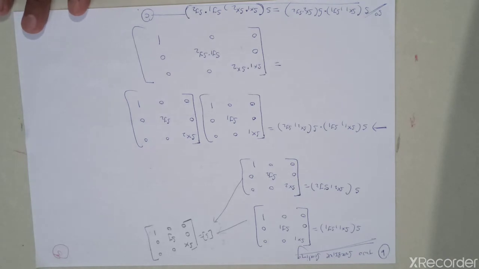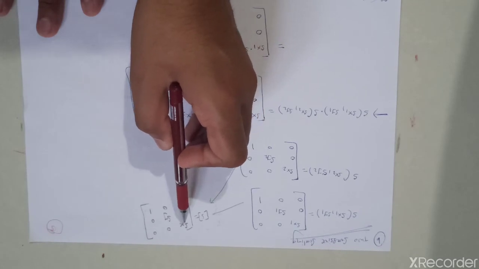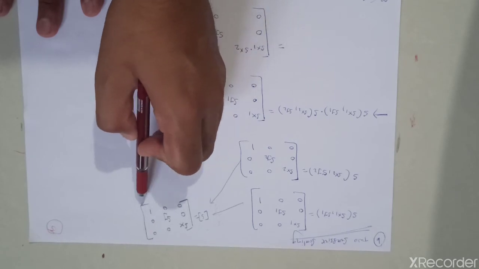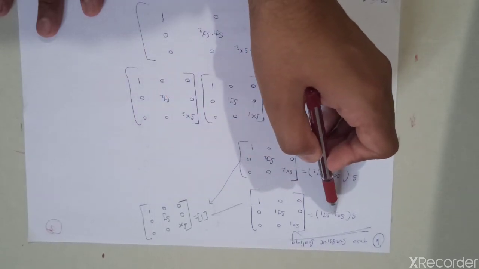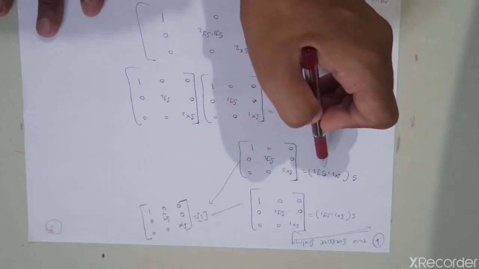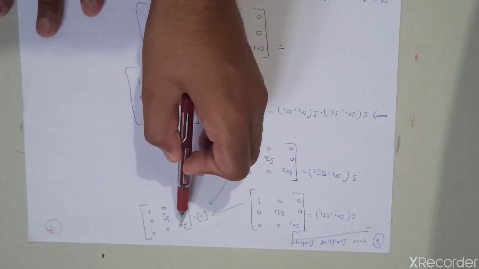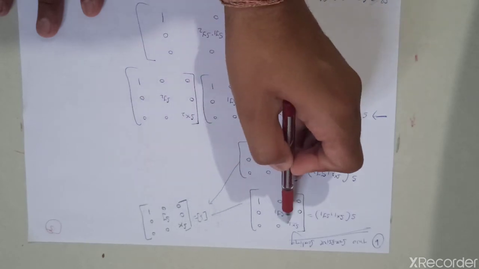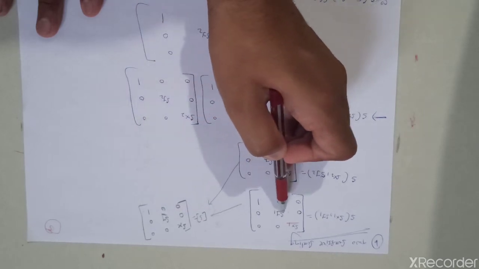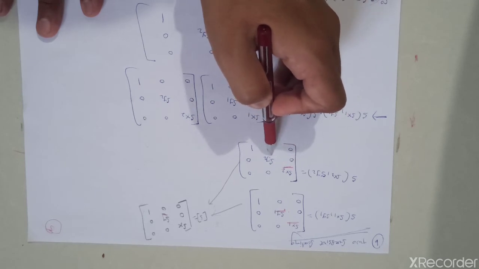Next we discuss two successive scalings. First of all, we know that the basic scaling formula is sx 0 0; 0 sy 0; 0 0 1. So S(sx1, sy1) is obtained by this equation and S(sx2, sy2) is given by this equation. Here sx means the scaling factor in the x direction, so we take sx1, and the scaling factor in the y direction is sy, so we take sy1. Similarly for the second we take sx2 and sy2.